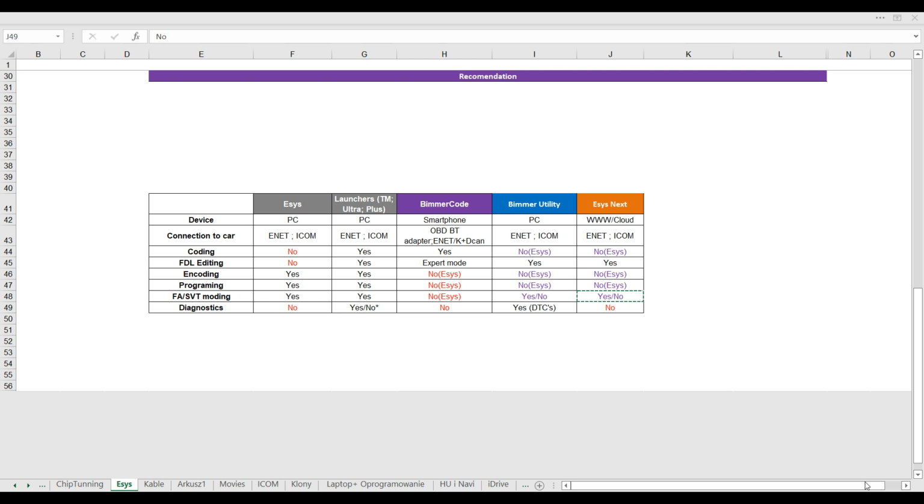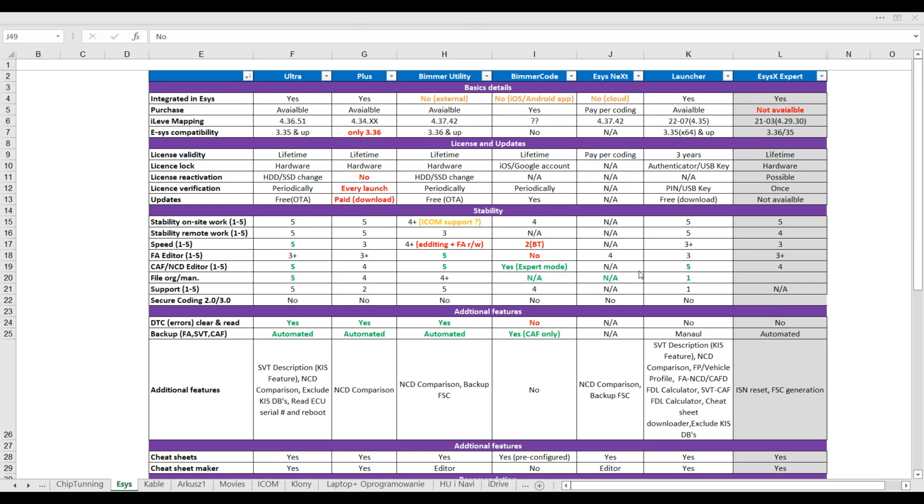The second topic that I need to clarify is the licensing, because in the previous video I made some small but yet quite critical mistakes that I would like to straighten out. And thirdly, there was a knowledge gap that, listening to your feedback, I think I need to fill within this video. Okay, so today I'm going to be starting with a simple table, then going into my comparison